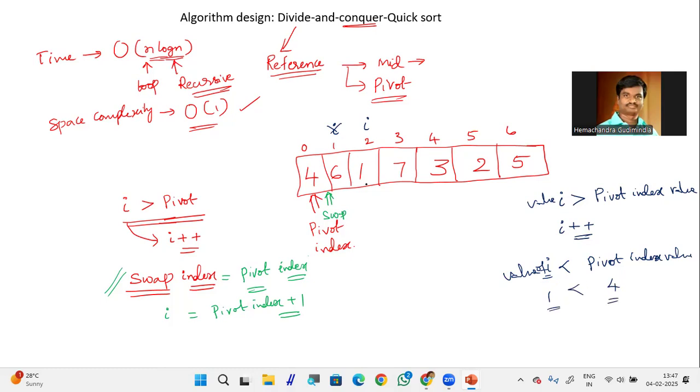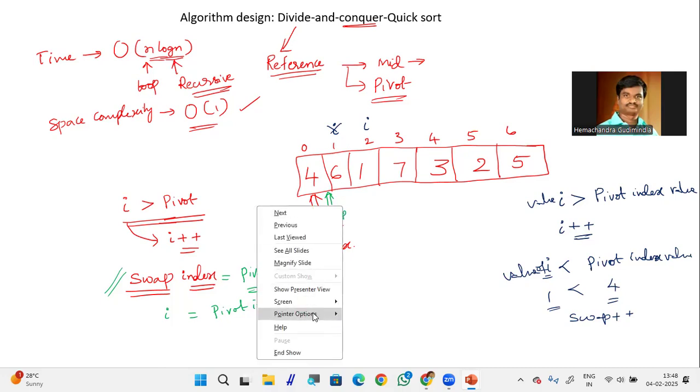When the I value is less than 4, what we have to do? We have to perform the swap with the previous high. What is the previous high? 6. So before performing the swap operation, what I will do? Swap, I'm going to increment by plus 1. Swap plus plus. So now when you found any I value less than the pivot index, you increment the swap index by 1. So now your new swap will be